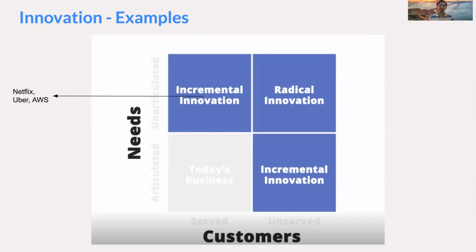They can actually take a cab by standing in some area or booking it through phone. But what Uber did is they understood an unstated need of the customer, that maybe people would love to go from place A to place B by booking it through their own phones. And that's where the incremental innovation happened. A new category was created.